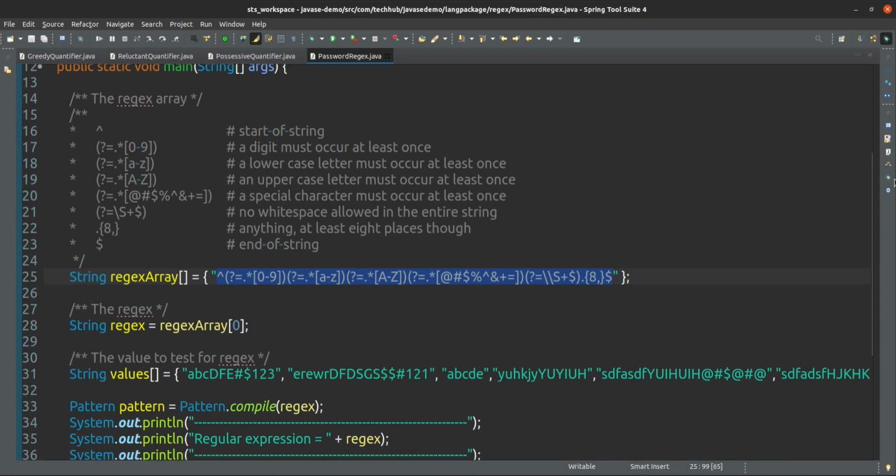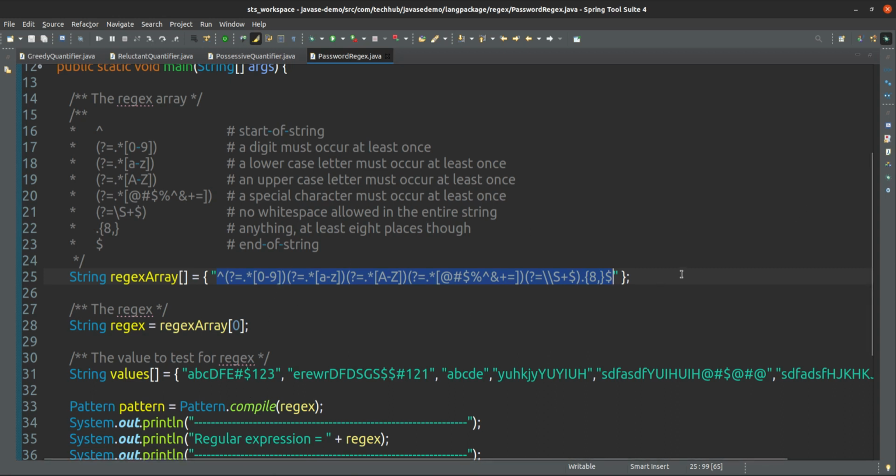Sometimes you have already seen on some websites, if you are choosing a password, they force you to take a stronger password, meaning it should have one uppercase, one lowercase character, one numerical digit and a special symbol. That type of sequence it should have, otherwise it will not accept. So in that way we have written this one.